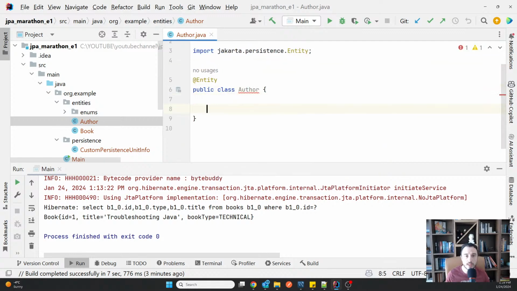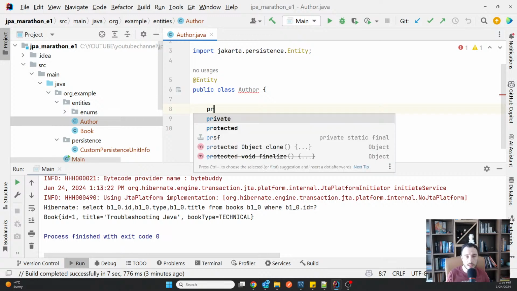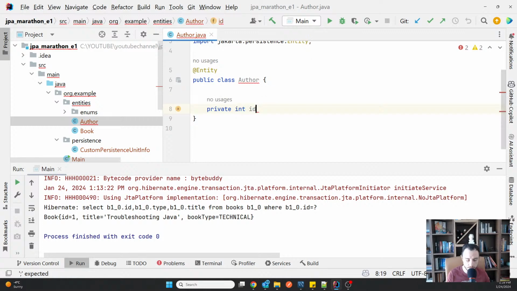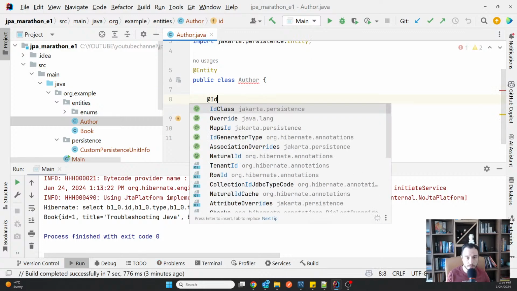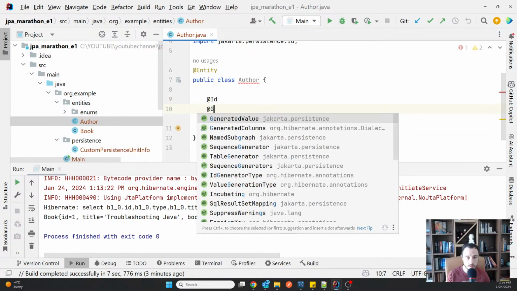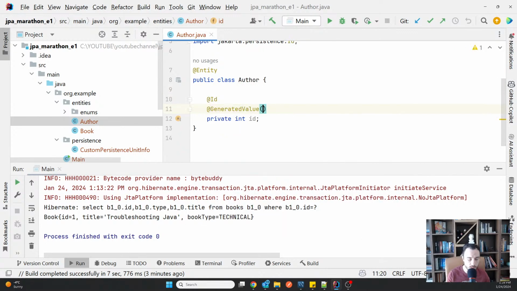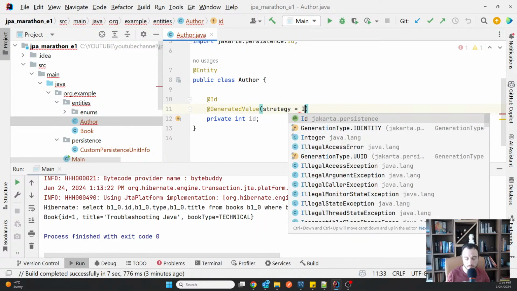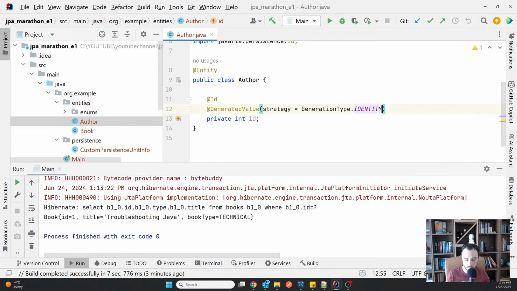So I'm going to create a new entity, author, and I'm going to say private int ID. I'm marking it as an ID. Generated value, again, strategy identity. Private string name of the author.